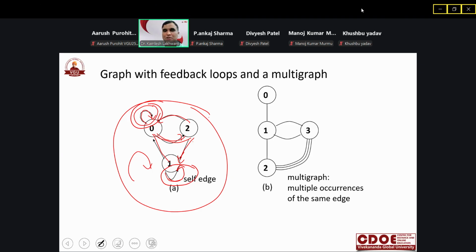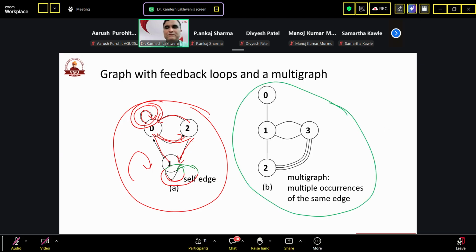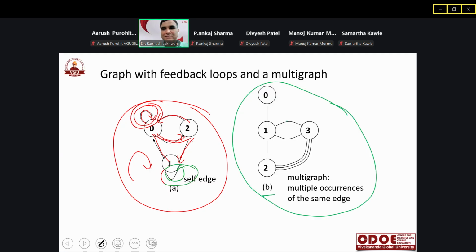Now have a look at graph number B. In this graph, you can see there are multiple edges from 1 to 3, right? This is an edge from 1 to 3. There is another edge from 1 to 3. Similarly, there are multiple edges between 2 and 3,